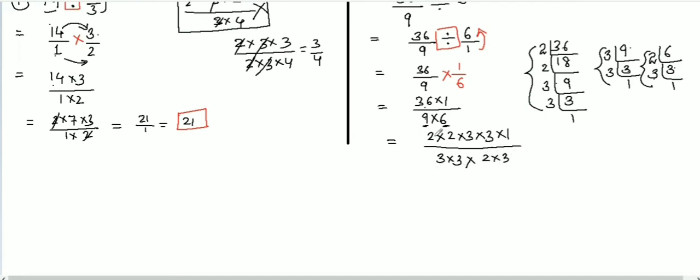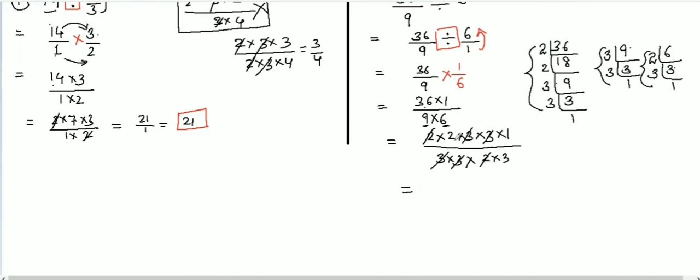Now you can see there is a multiplication sign at the top and all the signs are multiplication signs at the bottom. So you can cancel this 2 and this 2, and no 2 is there at the bottom, so you can't cancel it now. Now you can cancel this 3 and this 3. Again you can cancel this 3 one by one.